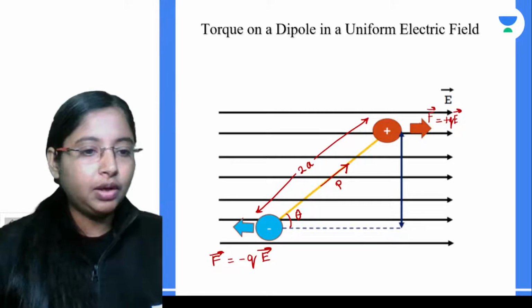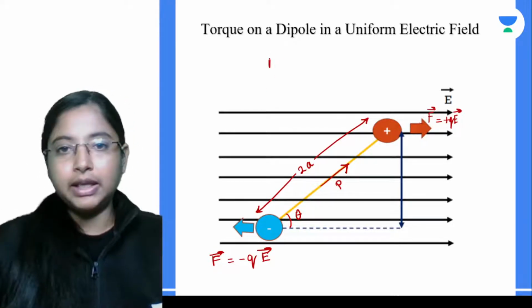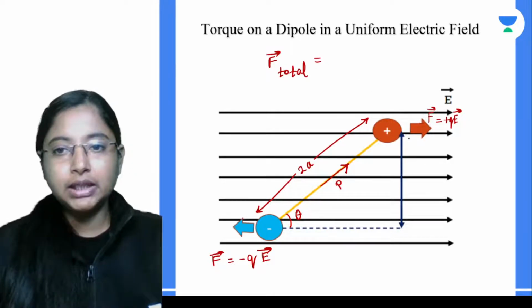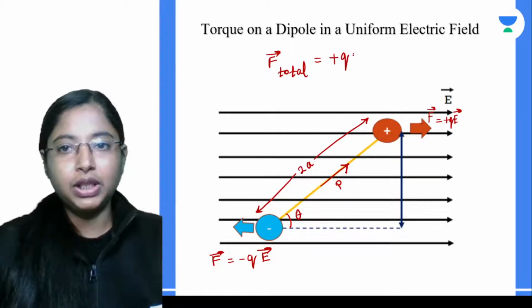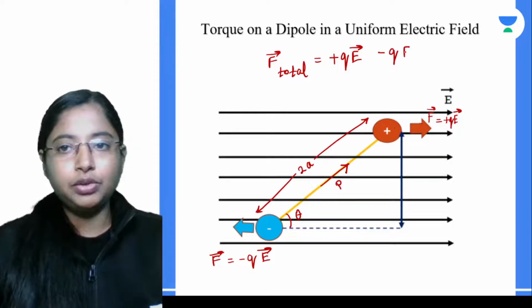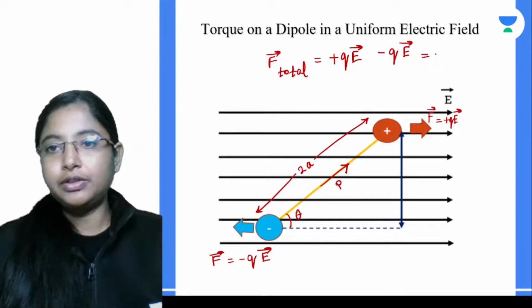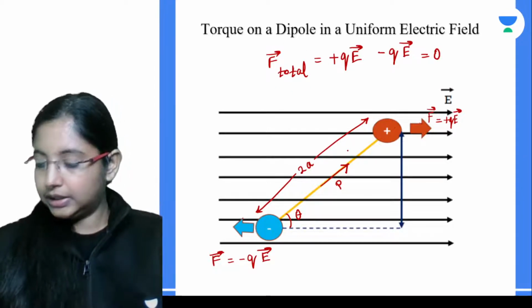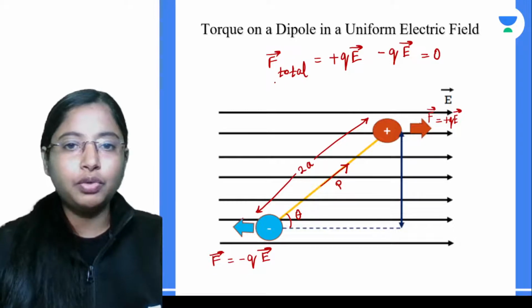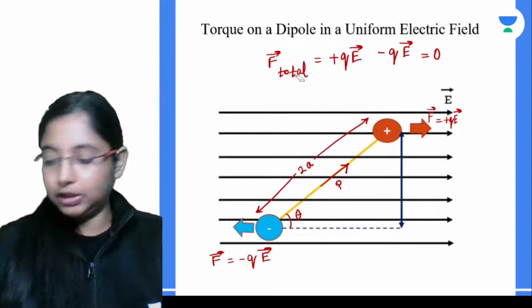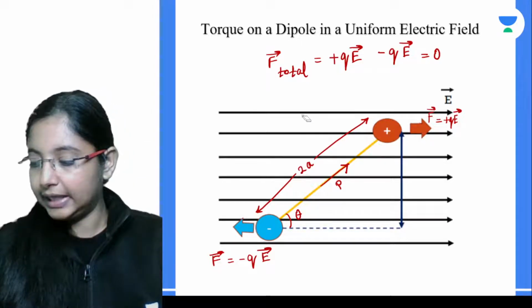Okay, the total force acting on this particular dipole is because of the force exerted on the positive charge, that is plus QE, the electric field times Q, and the force exerted on the negative charge, that is minus Q into E. So this tends to be 0. So the total force exerted on the dipole is 0, meaning the total translatory force, the linear force, or the net translating force on the